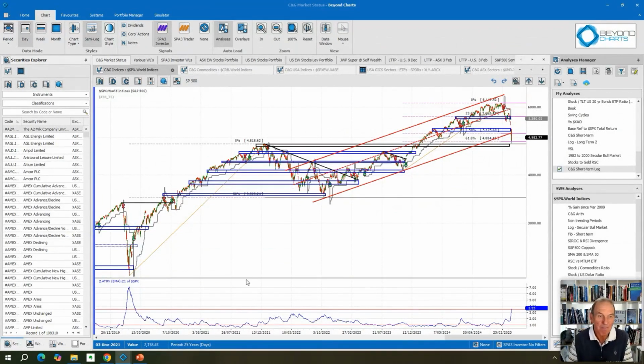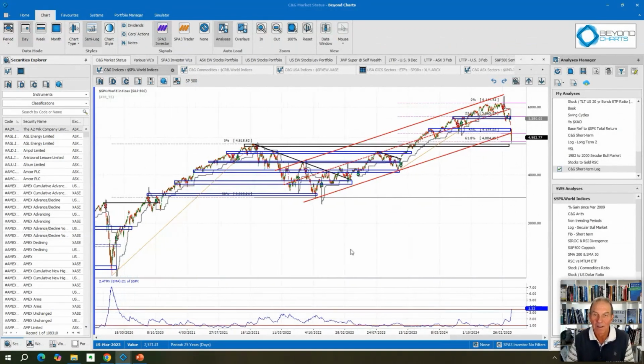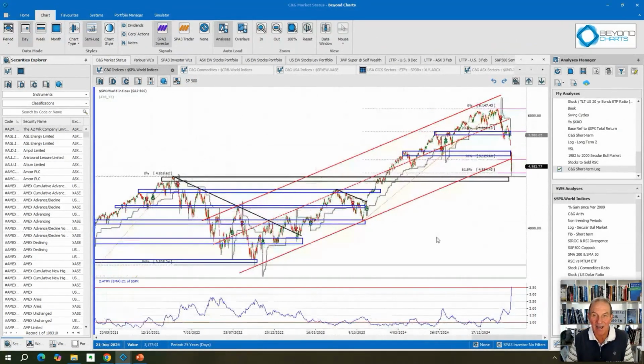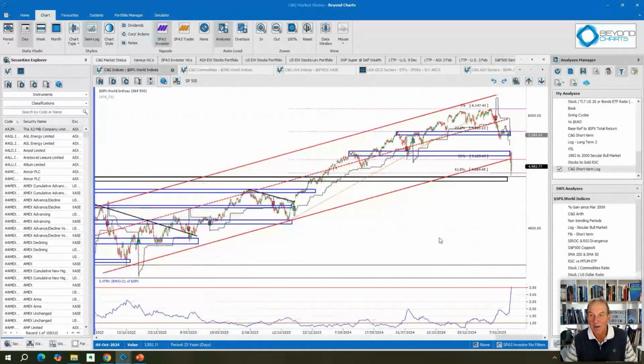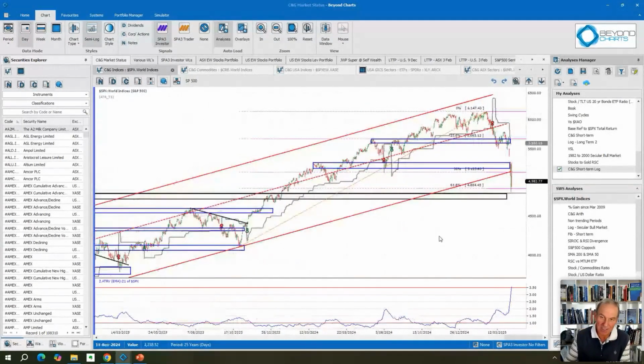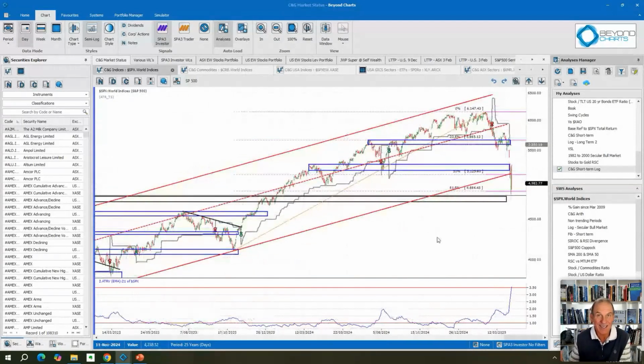What we did find, though, is that with the V bottom we had back here in COVID, your performance would have been worse off by applying that rule. So it's entirely up to you. It is a high volatility market risk rule, and you can decide whether you do that now or not. Or you could trade through it and take entries as they come and still apply the rules. I haven't changed the public portfolios to use market risk yet, but that is an option for you to use the high volatility market risk rule.